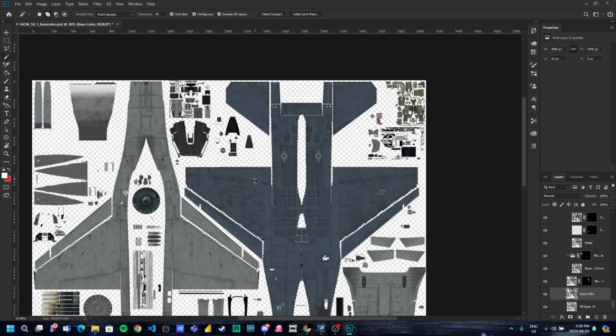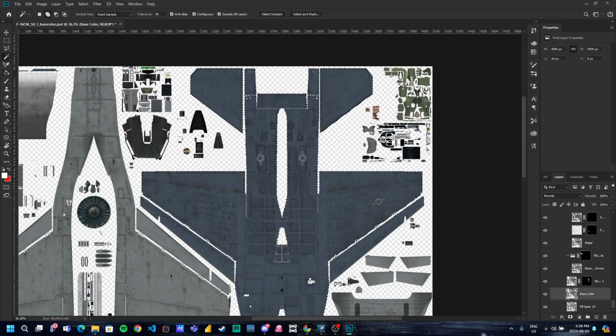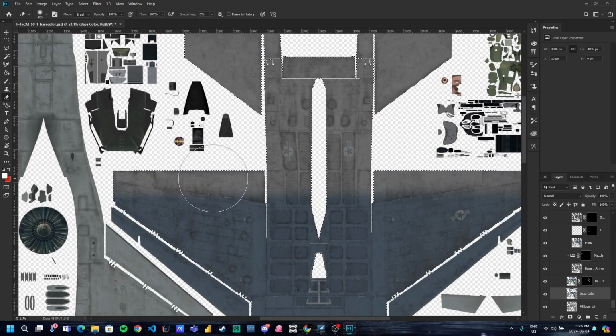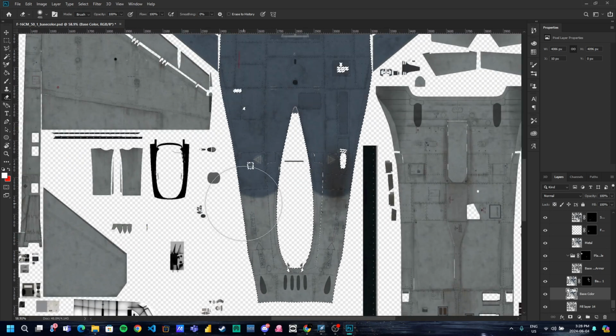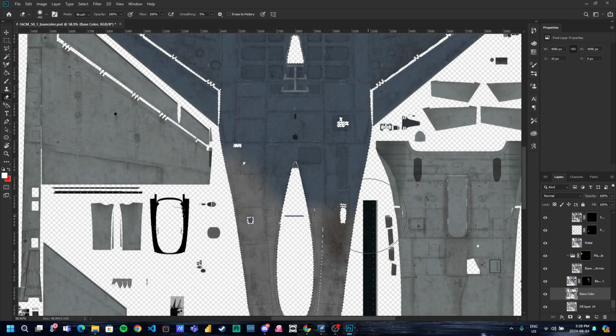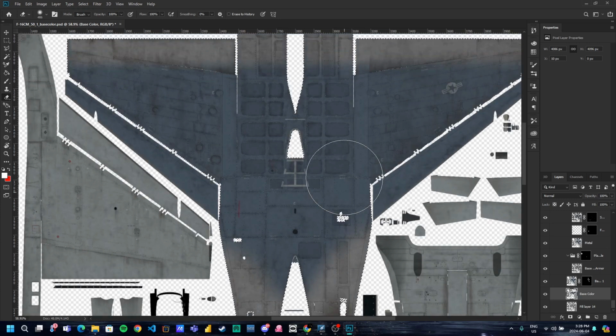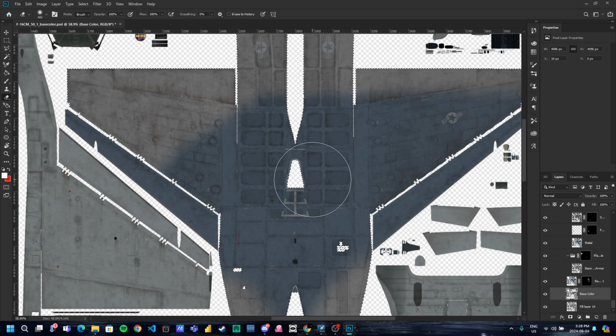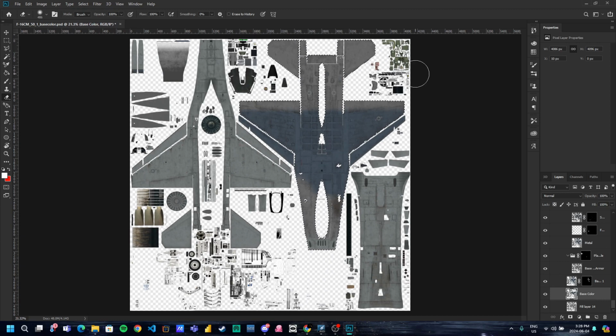Just select all this, and it's gonna limit your eraser to this specific section, and just erase what you don't need. So I won't need this, I won't need this. That's almost how it looks for the F16s in the PAF. Something like this, maybe something like this. It depends on how you want to do it, right? So once you've done that,